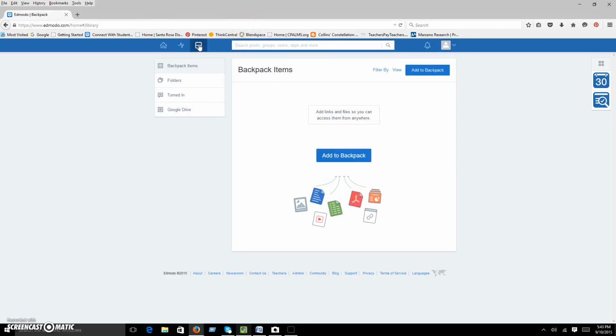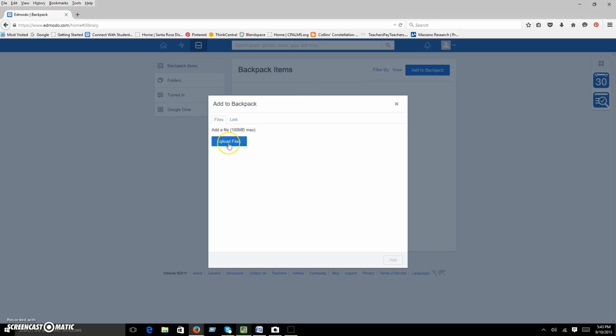The last thing I want to show you is the backpack. The backpack is where your child can keep information that they have collected on any given subject. Let's say if I wanted to add a file, let's say I wrote some